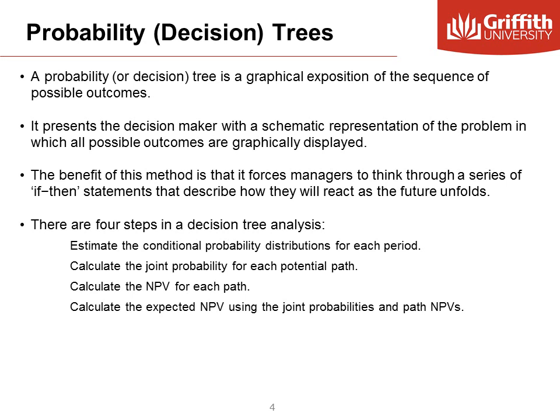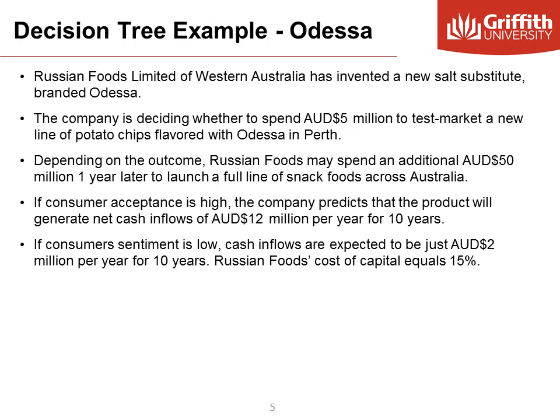The process in a decision tree analysis is as follows. First, we estimate the probability at each branch of the tree for each period. Then we calculate the joint probability for each potential path. Then we find the NPV for each path, and then we calculate the expected NPV. For example,